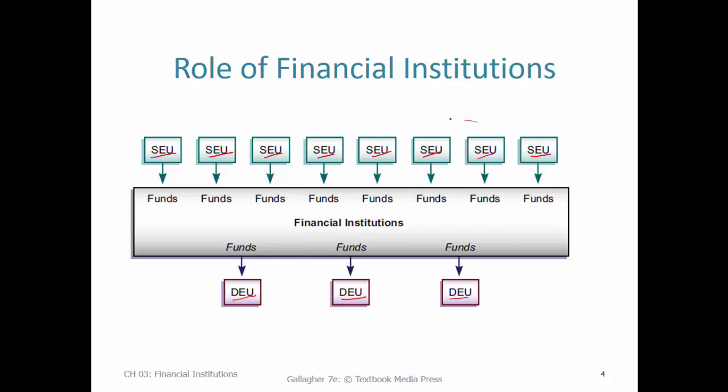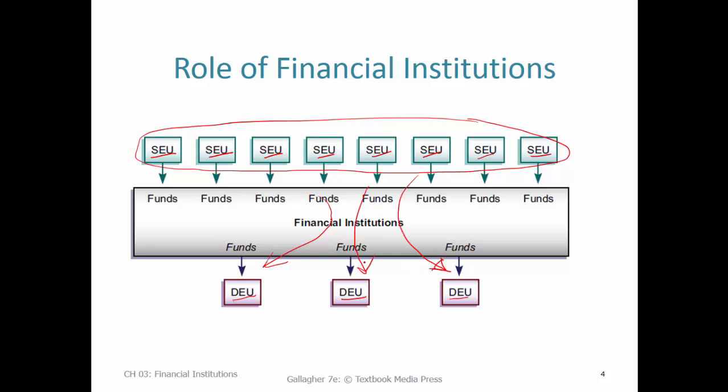It's allowing all of these relatively small savers to get payment services with a deposit account, a checking account, a debit card, and that kind of thing, and also possibly get a little bit of return on their money. So we're pooling all these funds and then channeling them through the institutions over to borrowers, people who need them. That's the same concept of intermediation from surplus to deficit economic units.